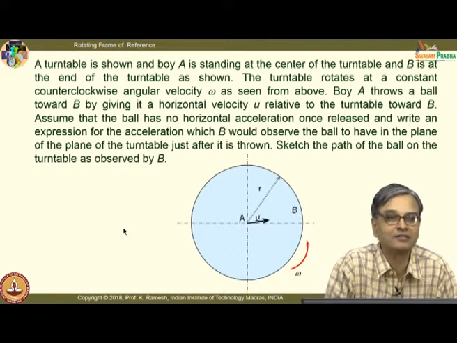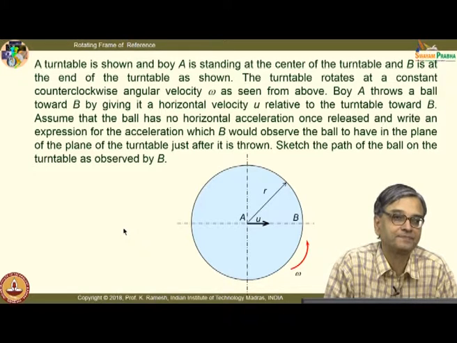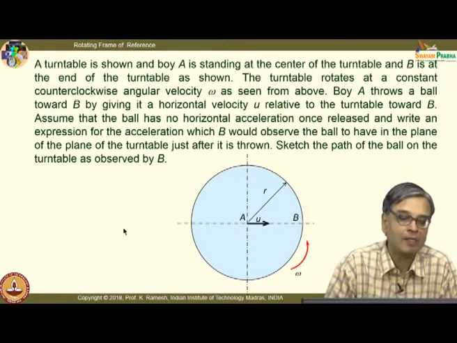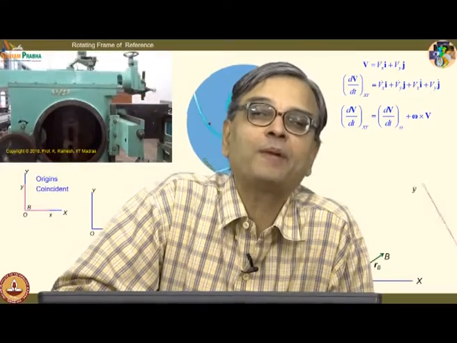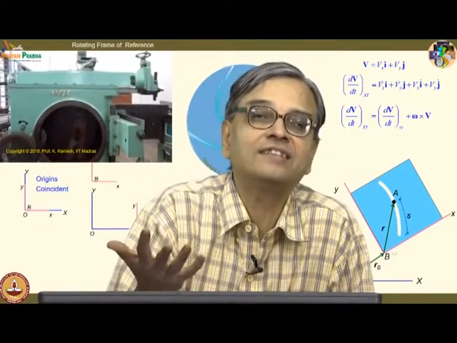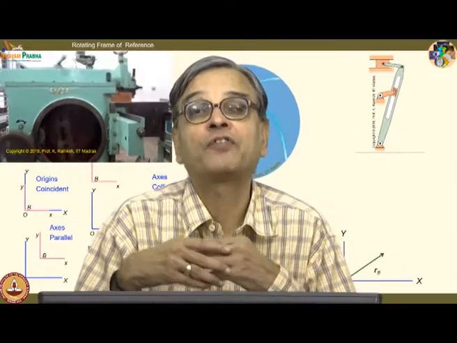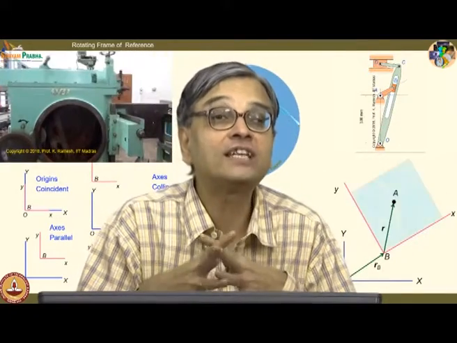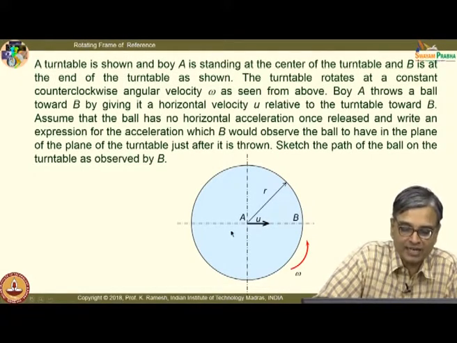Okay. We go back to the turntable. Please write down the problem statement and interpret the problem statement properly. Because you need to understand that we are sitting on earth and observing things. For all practical purposes, we have considered earth is stationary, fine, but it is a rotating frame of reference. So, it is a very nice problem which tells you from a rotating frame of reference what it is that you observe, and it is a very simple problem which you can easily handle.